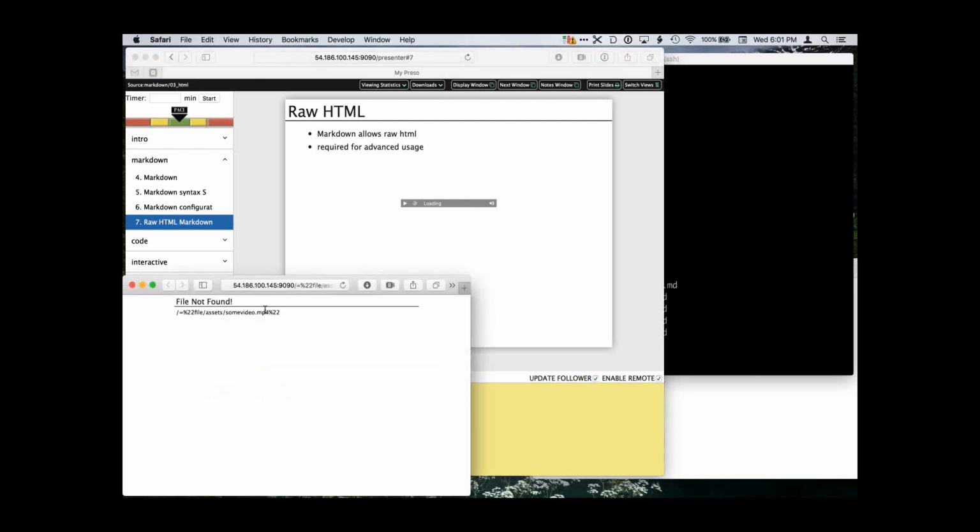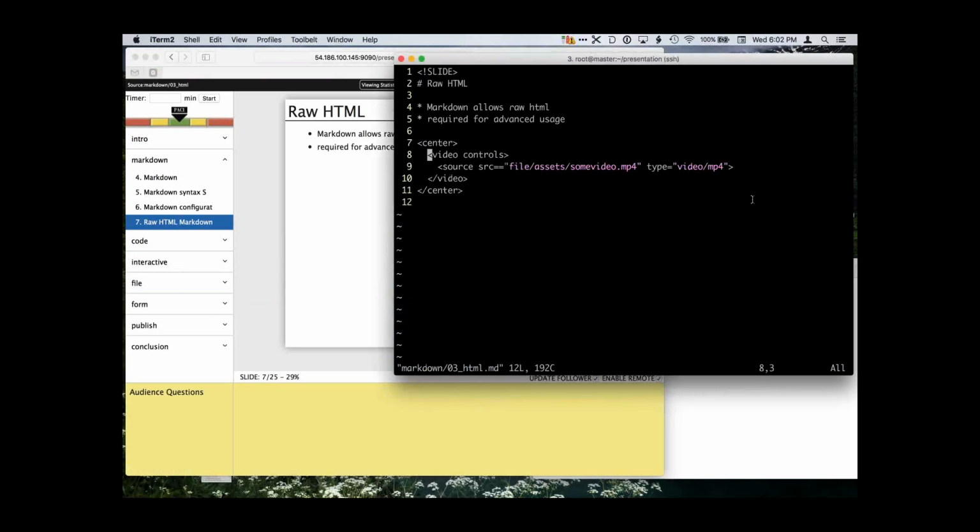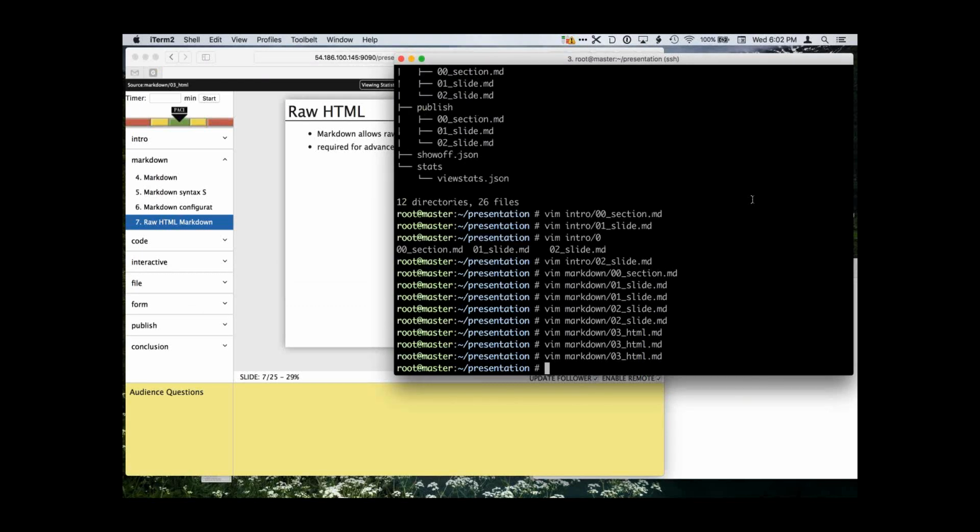You can see if I try to load it up there, it says file not found, and it looks like I also have a typo in there, but it doesn't actually matter because it wouldn't find it anyways. I see. There we go. But I could add something in there if I wanted to, if I had the time to upload it, and I won't make you watch me do that.